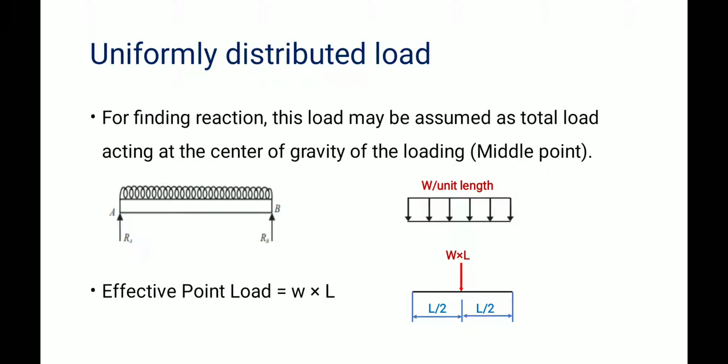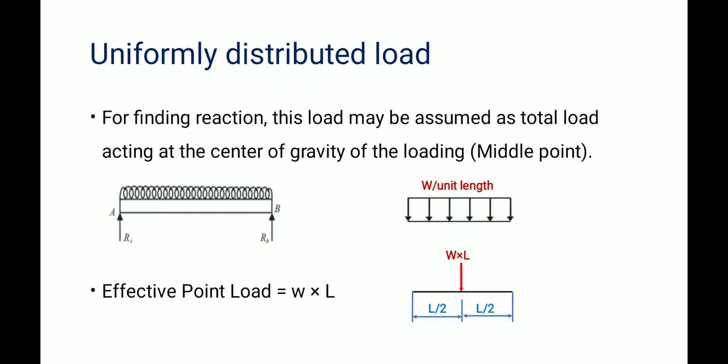So here, in order to find the effective point load while we are doing calculations, we have to convert this uniformly distributed load into a point load. That is the effective point load. The total load: throughout the length from left end to right end load is acting. So how much total load will be acting? We have to multiply it with the length. Per unit length W is given. Per unit length this much load. Then we multiply by the total length. We will get the total amount of load acting.